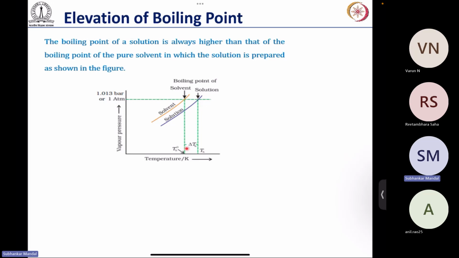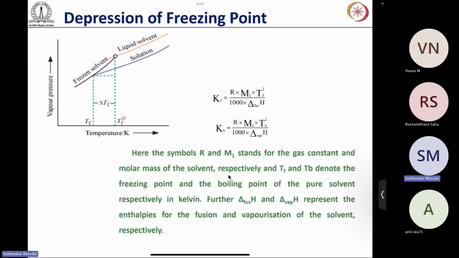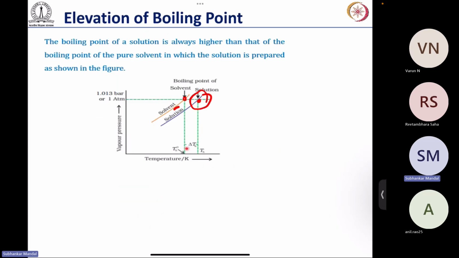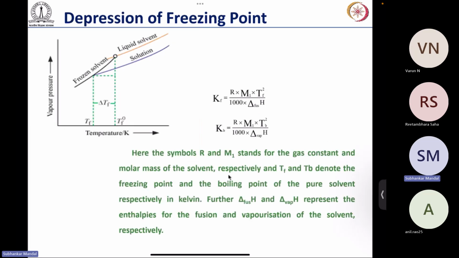Elevation of boiling point. So basically this is the solution and this is the solvent. So here you can see at higher temperature it is going to the vapor pressure. So from here this delta Tb is proportional to the molarity of the solution. So that we discussed, and delta Tf also, the elevation of boiling point, that is also proportional to molarity. So from there you can get the